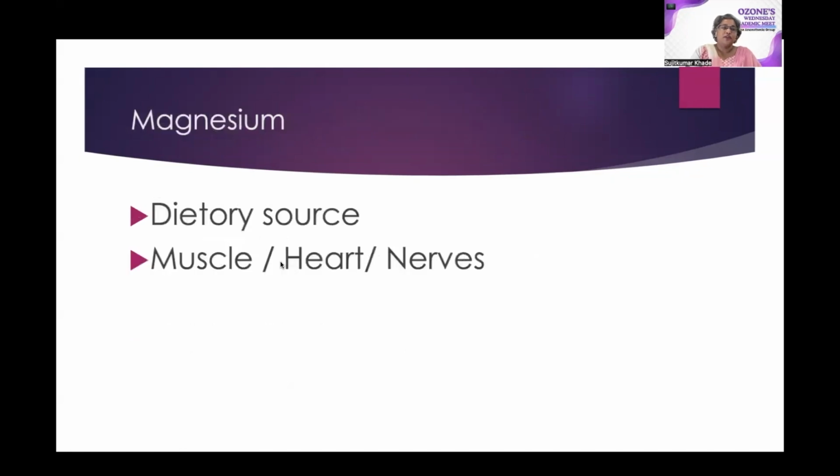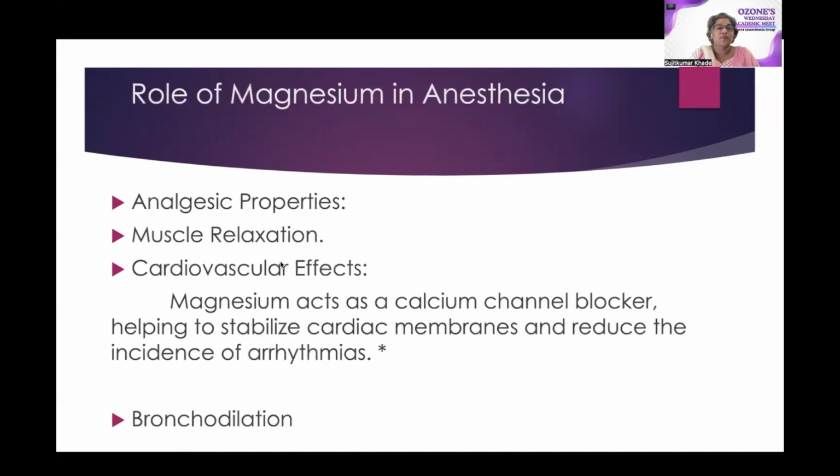Coming to magnesium, its major source is diet, and it is a vital electrolyte when it comes to muscle, heart, and nerves. Role of magnesium in anesthesia: particularly, it has analgesic properties. It helps in muscle relaxation. It has cardiovascular effects, like it acts as a calcium channel blocker, helps in stabilizing the cardiac membrane, and reduces the incidence